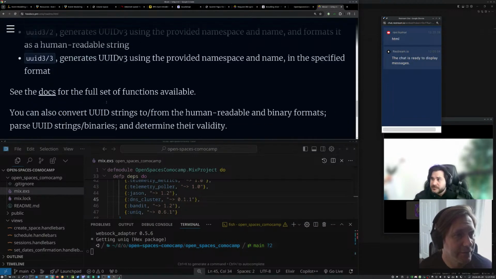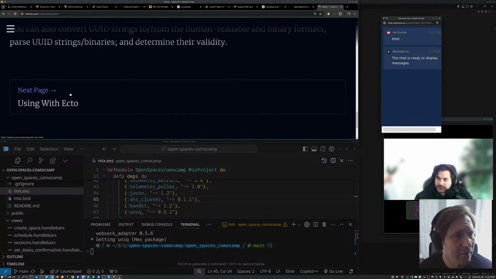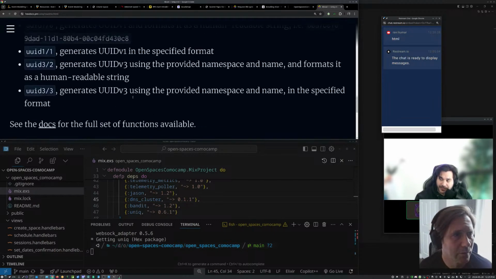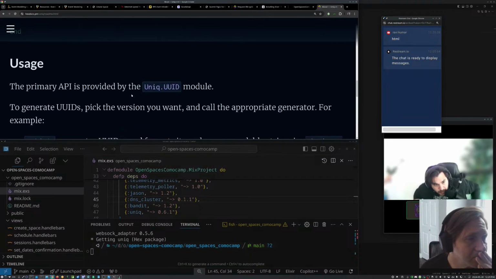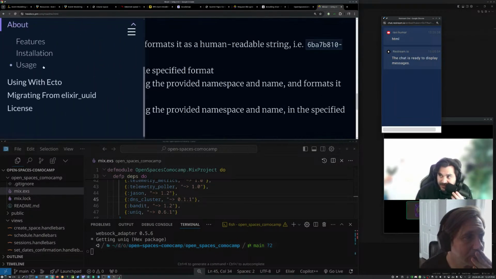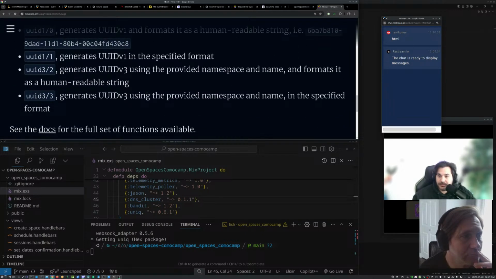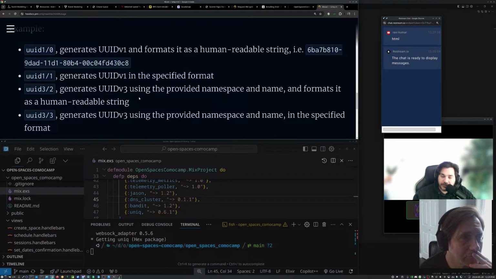Oh, does it not have 4? I think I'm using UUID 4. Right. So the reason I'm showing you this is because this is where you're gonna find all the documentation. You can expand the drawer, and then you can find all the modules and the available functions. In Elixir, everything is a function inside a module. So all you need is to find the right module and the function you want to call. There's nothing else other than functions in a module.